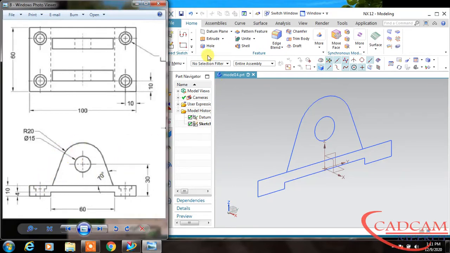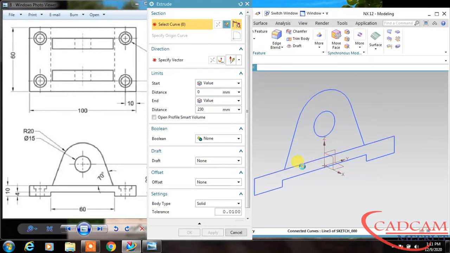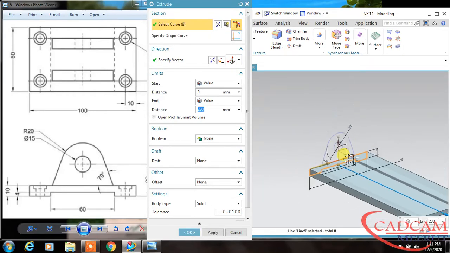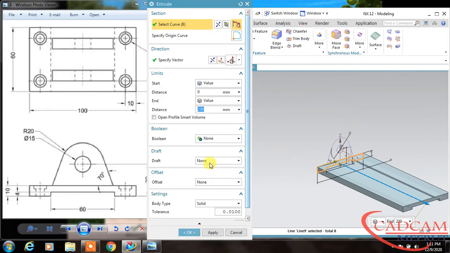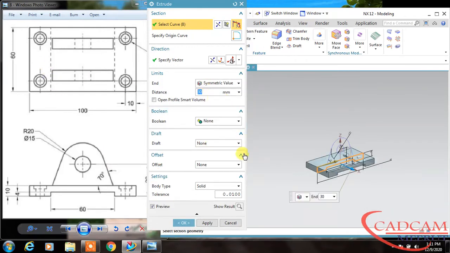this lower portion. Okay, so first click, and this whole curve is selecting in a single curve. So change this to connected curve. Okay, so connected curve, select this connected curve. So my first curve is this, and change this to symmetric value and 60. So take this 30.